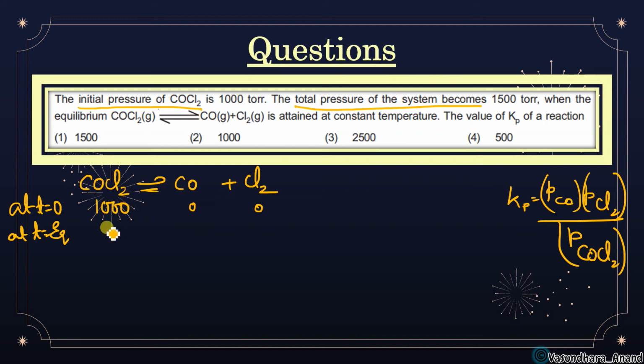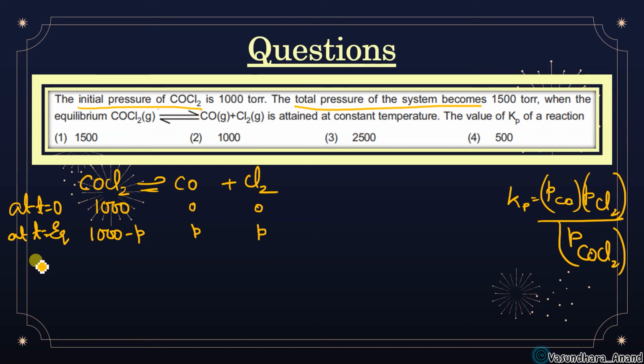So some portion of this reactant will convert into the product obviously. So 1000, and suppose that this P is going to decrease. So for 1 mole it is decreasing P. Whatever the reactant decreases, that much product is formed, according to their stoichiometric coefficient. Got it? So for 1 mole it will form P, and for this 1 mole it will form P.